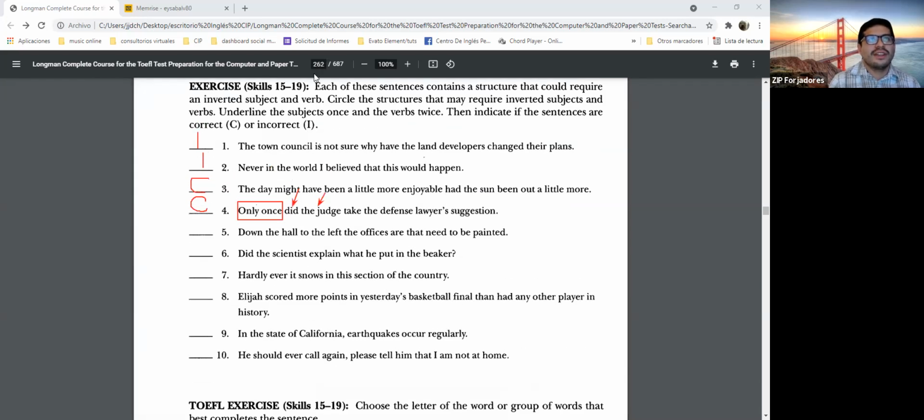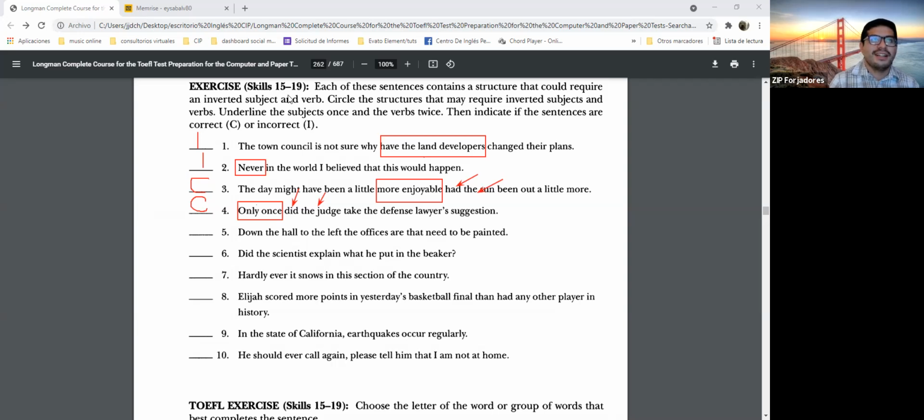Okay, so the first one, we are going to invert it. I mean, it's going to be in a right order because this WH is not a question, it's just a connector. So that's why it's incorrect. Number 2 is incorrect because we have to invert the order. Then in this case is I believed, right? Okay, and number 3 is correct because we have the comparison. So we are going to invert after the comparison, this and this. Okay, so remember those skills, please.